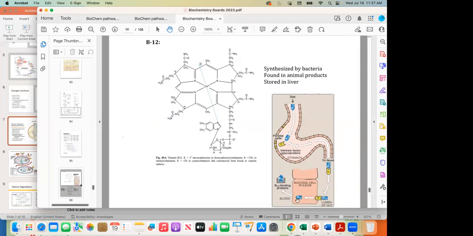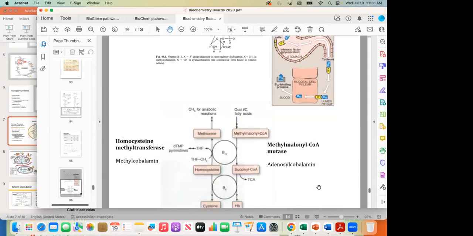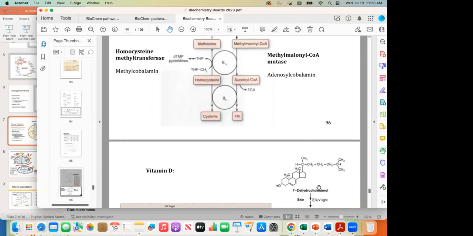B12 then is able to be absorbed and then shunted into the blood where it's bound to a binding protein. If you don't have intrinsic factor, you will not be able to absorb B12. And so that's how you can get those pernicious anemias where you don't have intrinsic factor, which leads to that B12 deficiency. Or if you do have intrinsic factor, but maybe you're not intaking animal products, or maybe you have a partial defect, but not a full loss, you could see your B12 deficiency, your megaloblastic macrocytic anemia, like we discussed yesterday. All right, that's my big thing with B12.